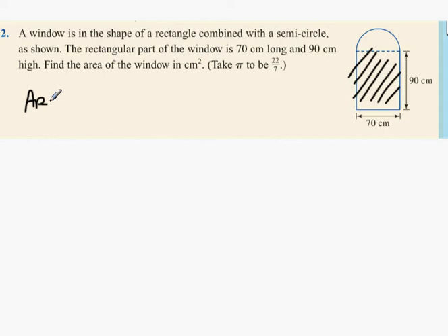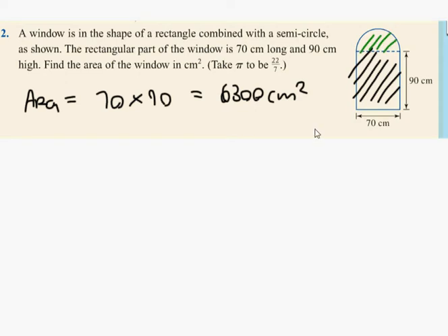70 by 90. 70 by 90 gets you? 6,300. 6,300 centimeters squared. Barry, how do you get the green part, the semicircle? There's a formula for that, guys. What's the formula? Is it 35 or